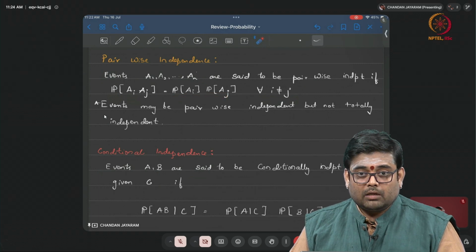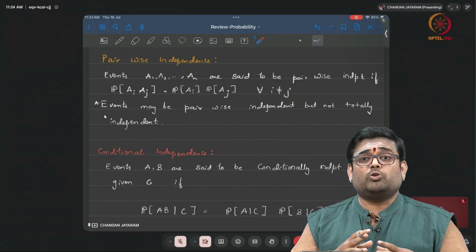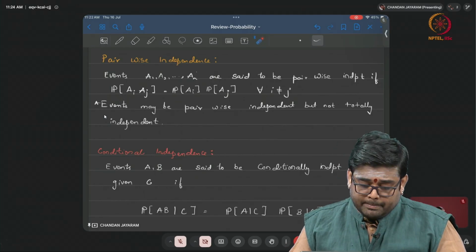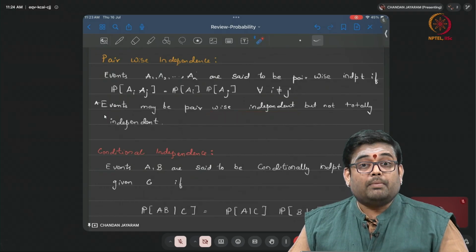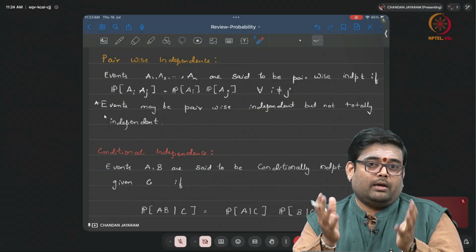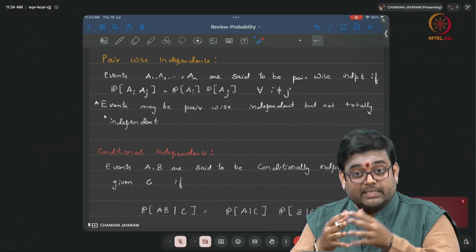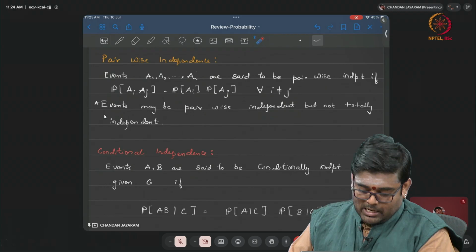Okay. Now you take two of them, see here we are not putting a much stricter notion of independence. Okay. So events may be pairwise independent but may not be totally independent. Okay. And I leave it up to you, if it is totally independent, is it pairwise independent? Okay. Now